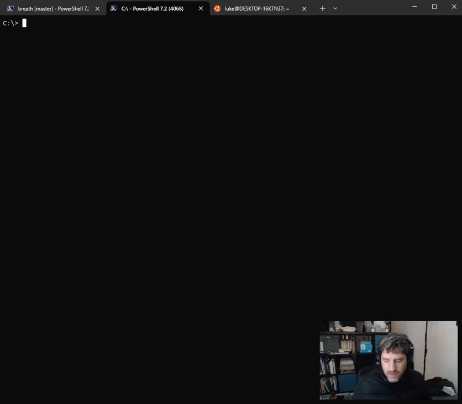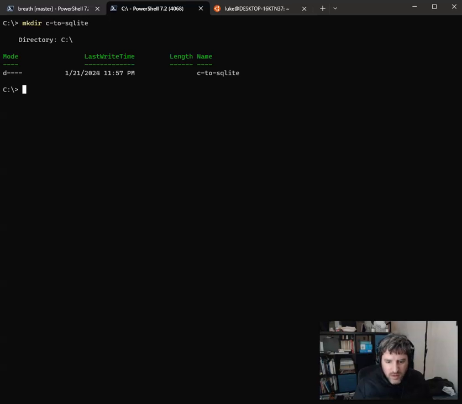So let's make a little folder for our amazing project. We're just going to make a command line app to add things to the database and just do a simple select. But this is a fun getting started because once you have this, you can do whatever you want in the database. So we're going to compile SQLite, download the C program for SQLite, the source code in one file, the